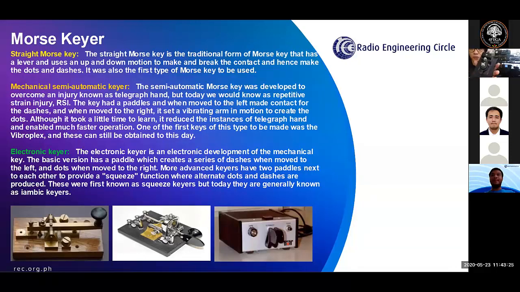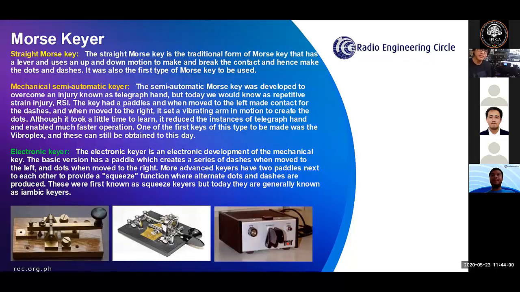This is a World War II straight key being used by the U.S. Navy. So it's basically just interrupting the CW tone, the continuous tone, like that, you know. So that's the straight key. You are the one who controls the timing and the duration. So it's really manual. So it's really important in sending Morse code, the duration and timing,